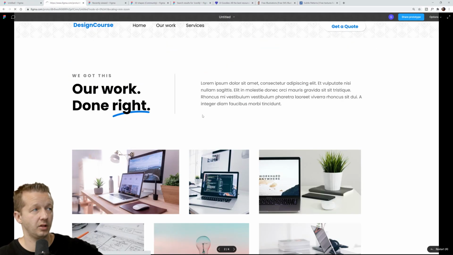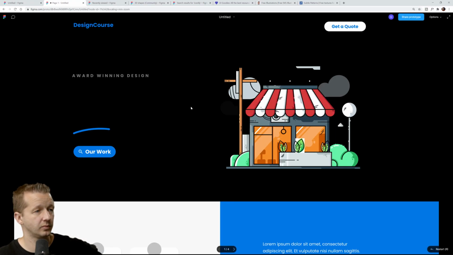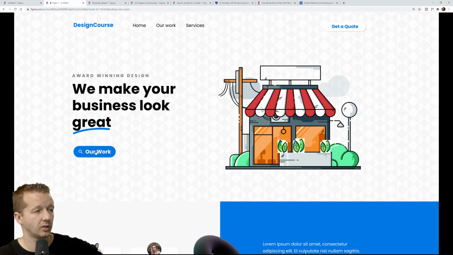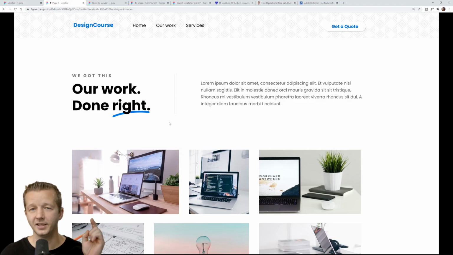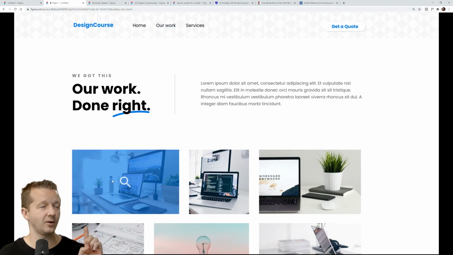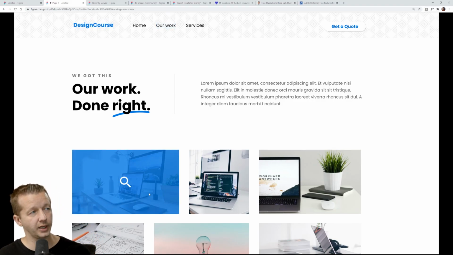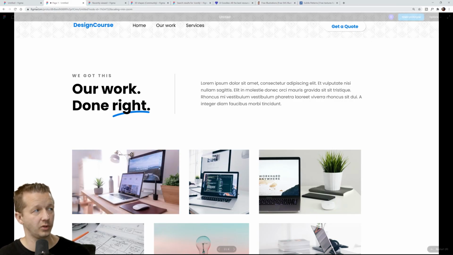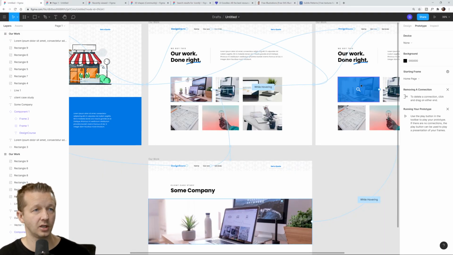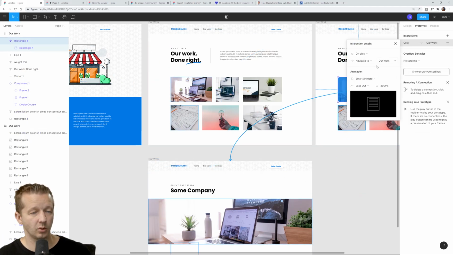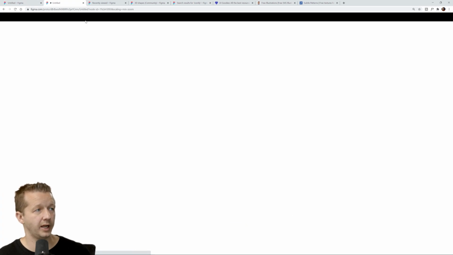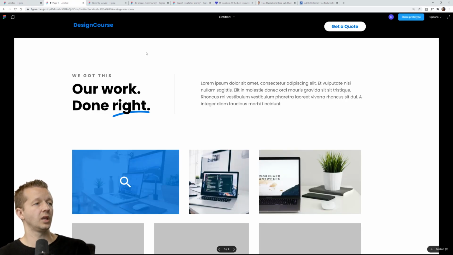So let's go ahead and hit play. Let's click our work. We can hover. We can see that this is working. I can guarantee you though, this probably is not going to work. It's not going to work because why? When we hover over it, it's activating the other artboard, but we didn't create the connections from that artboard. So for instance, we're going to take this one and push it over here, and it's going to remember our last selection. We hit play, and now,